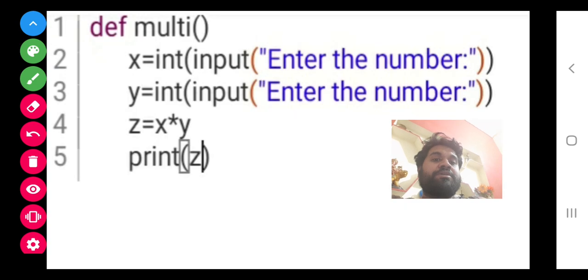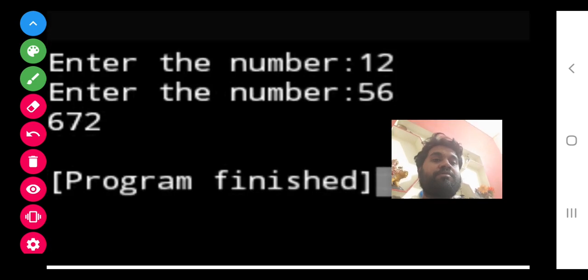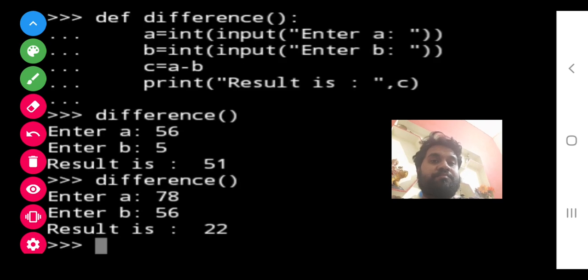Now see one more program. I have made this program with the help of the user input method. First of all I have written this difference, then I have given these two statements to enter the values. After that this is the processing, that is c is equal to a minus b to get the difference, and this is the printing statement.